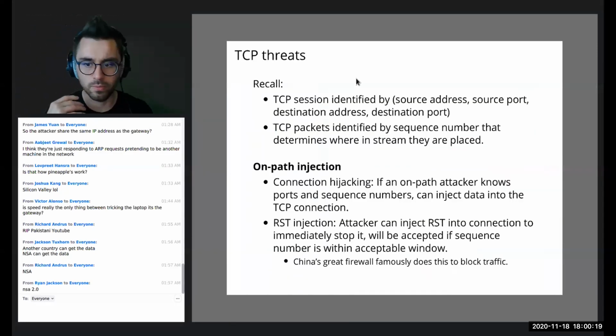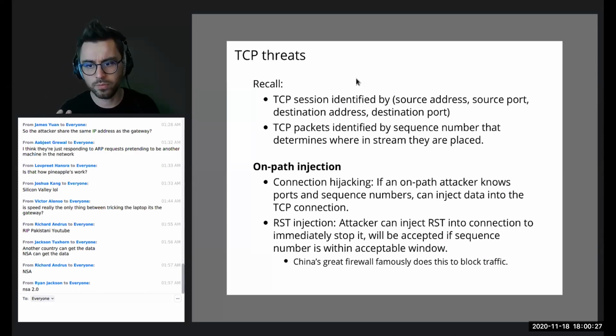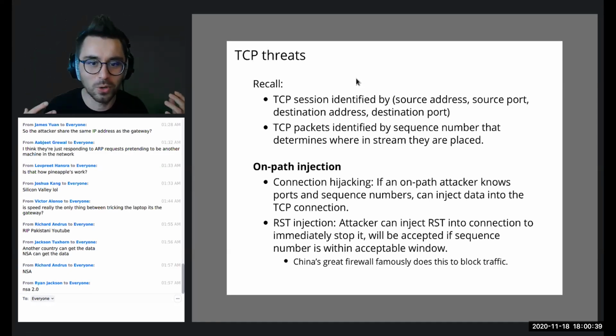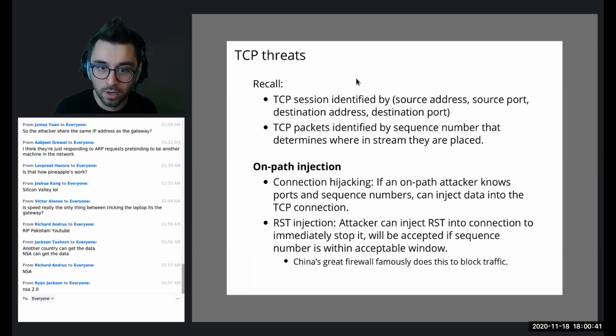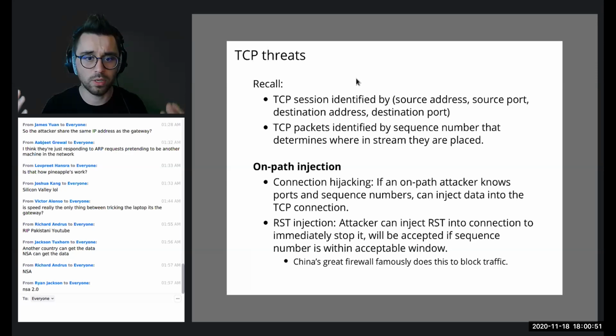so far we've looked at the physical network and IP, so physical Ethernet and IP. But there are obviously attacks that we can carry out at higher levels, right? At the TCP layer, we have the same problems we've had everywhere else. The TCP session identifier, the source address, source port, destination address, destination port, all of these are things that we can forge however we want.